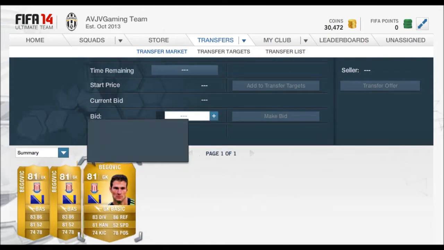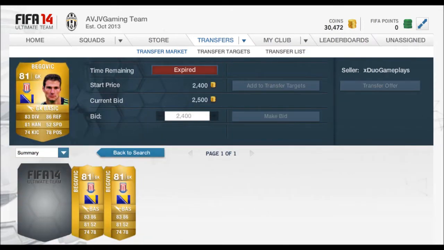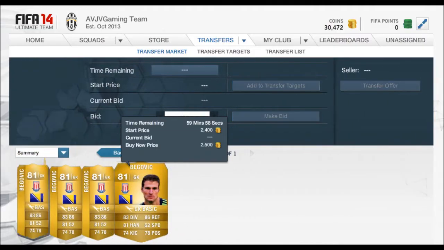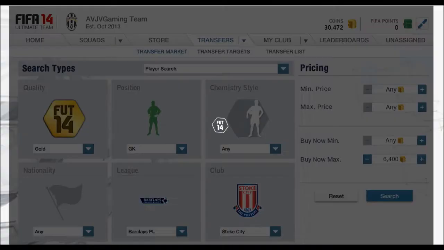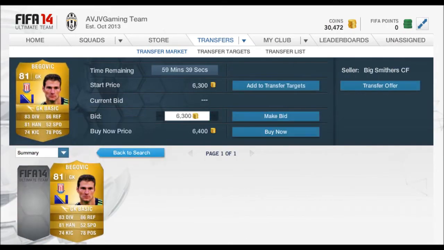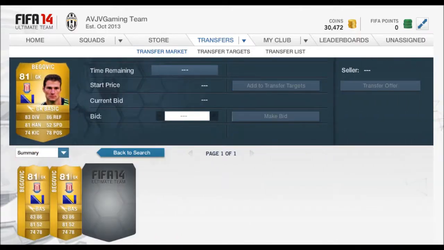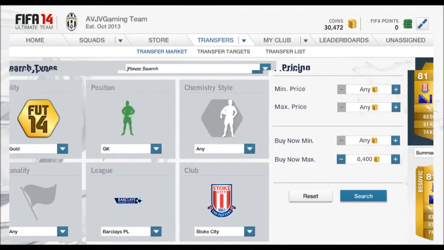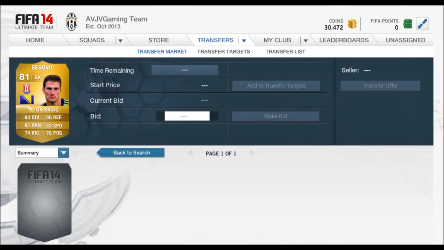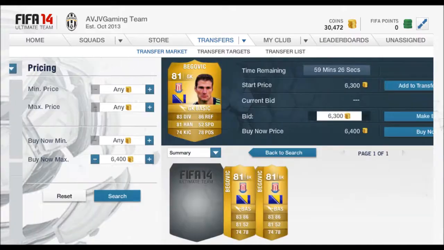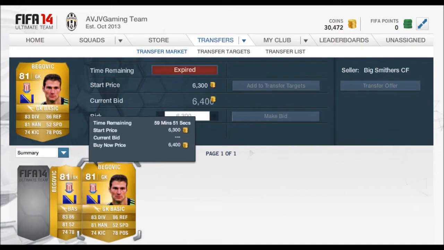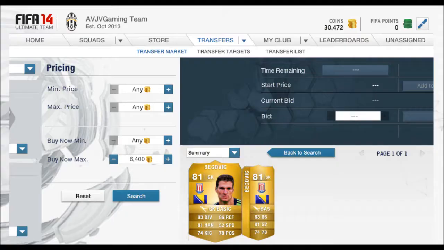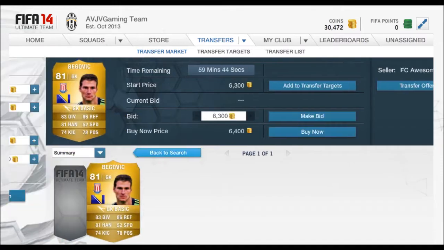Now, I came up with this back in FIFA 12 and 13, and this year in FIFA it's been happening very often because the market is not as great as it was in past years, so it's happening a lot more regularly now. What I'm doing up on screen here is looking for the cheapest buy now, and whenever I'm finding something cheaper than the average buy now, I'm trying to pick it up. I'm trying to make a couple thousand. You can see the cheapest Begovic was 6,400 at this point, and he peaked at around 6,700 or 6,500